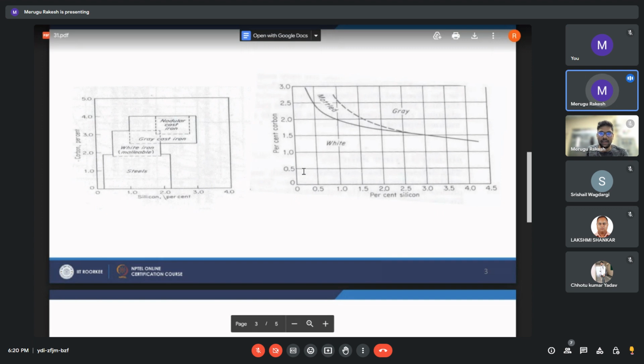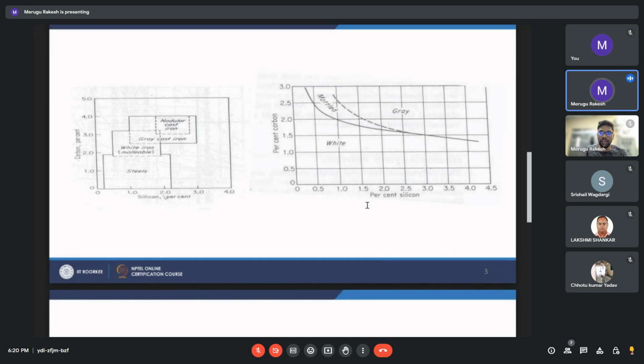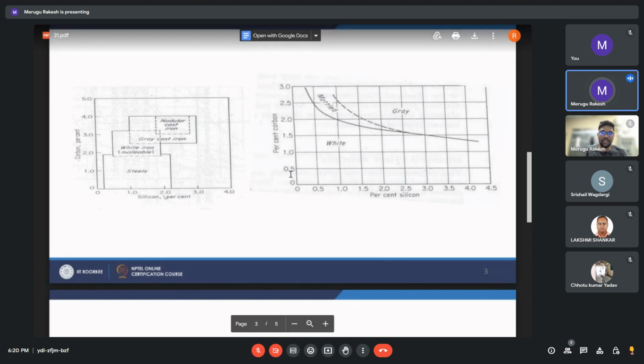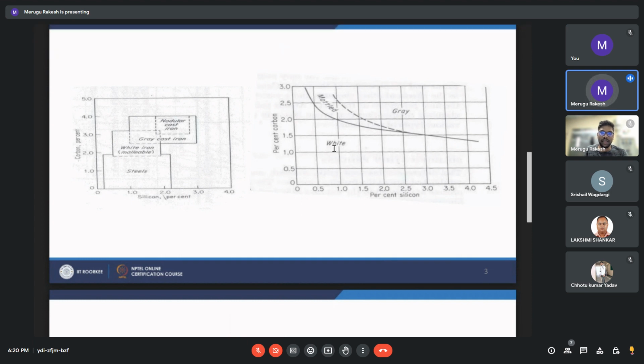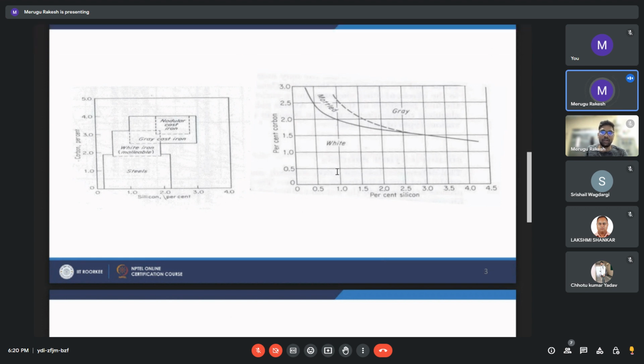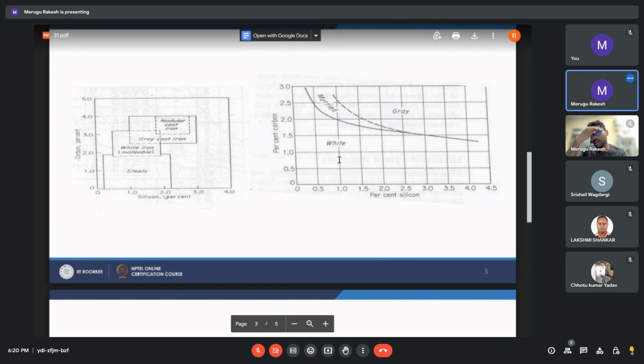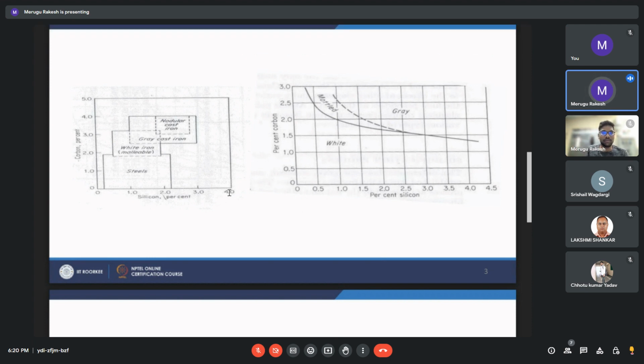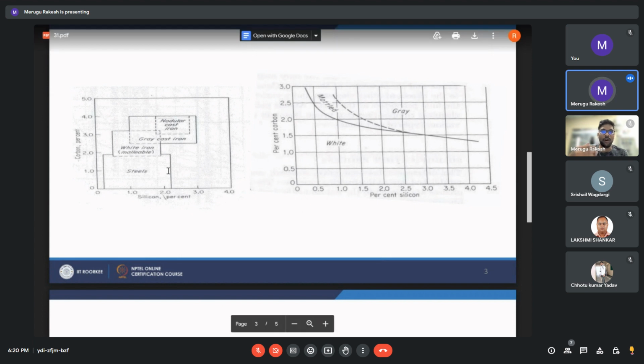And on the right side, we have percentage of silicon as well as percentage of carbon. Gray cast iron lies above, whereas the white cast iron lies below. That means the carbon percentage is more in gray cast iron when compared to the white cast iron. Suppose the percentage of silicon is less, as in steels,